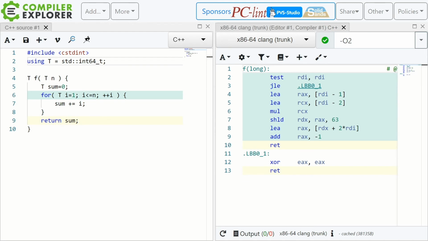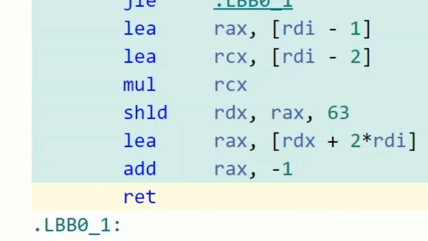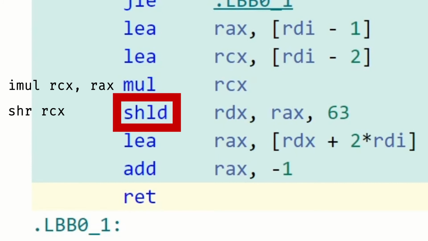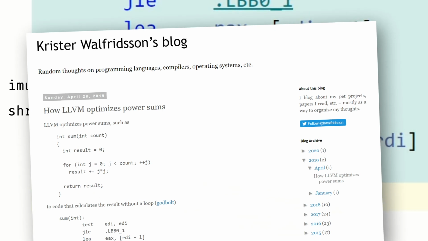I think our trip down this particular rabbit hole has been fun and hopefully somewhat instructive, but let's leave it at this. If you do want to know more, the multiplication used to be an imul instruction, but now it's just mul. What's up with that? And this is shift left 63? More interestingly, there's a pretty cool blog post by Crystal Walfordson